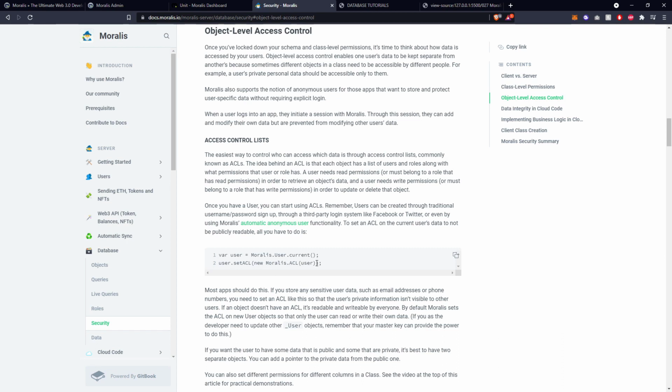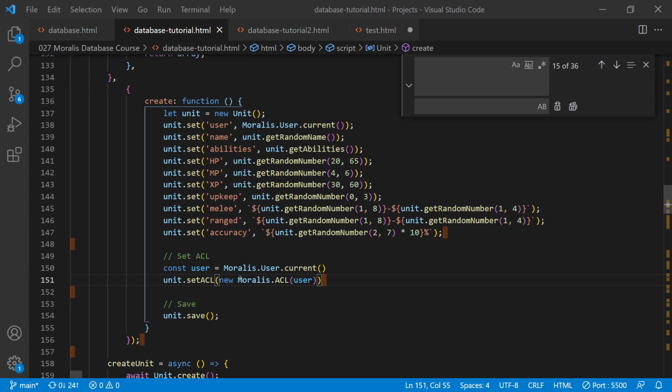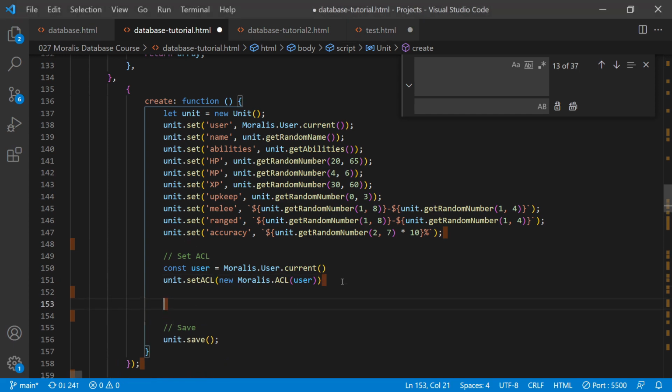So not only do we have object level access control, but we have role level access control as well, which means I need to make use of these, or specifically this method, set write access and set read access. And on top of that, I'm also going to set the role write access and the role read access. So there'll be 4 methods that I'm going to use there instead of just a blanket one that does it for specifically the user. If I come back to the code,